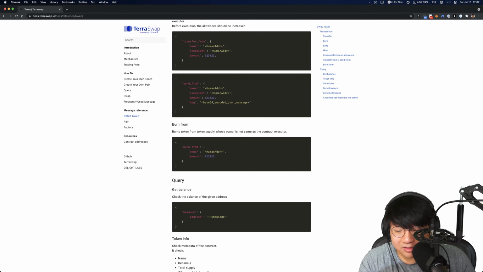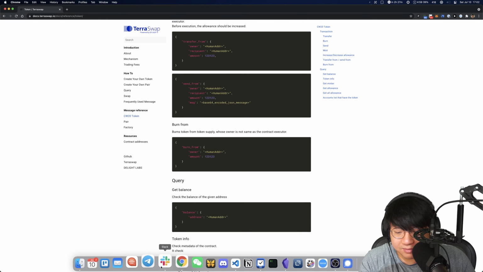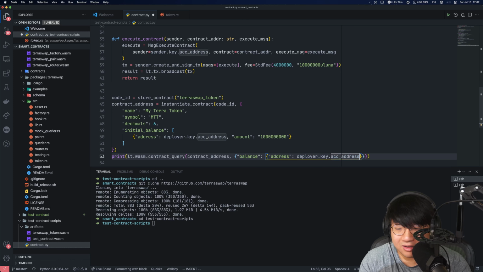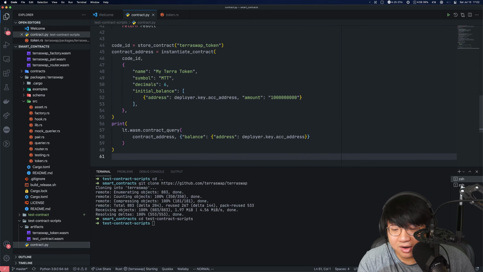So balance and address, right? So this is the query message to use, and we go back and we do balance and address and deployer.key.acc_address.